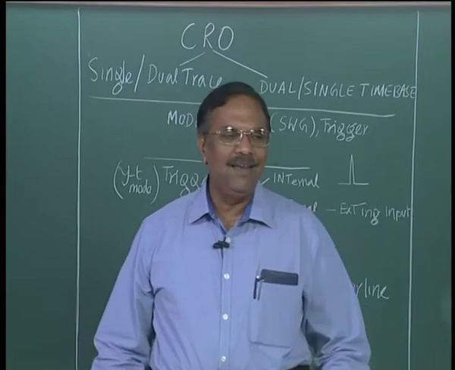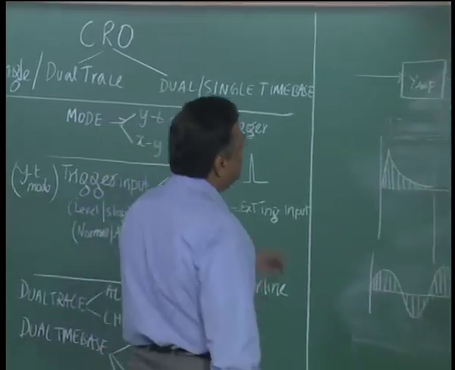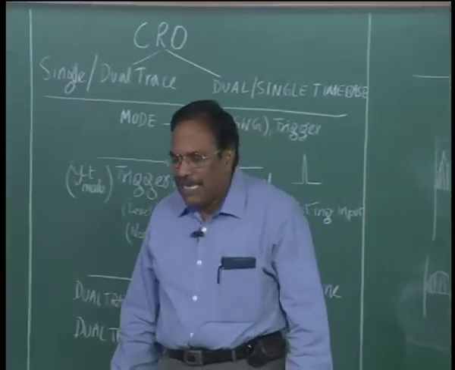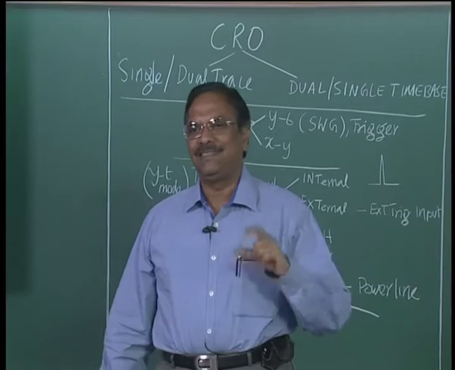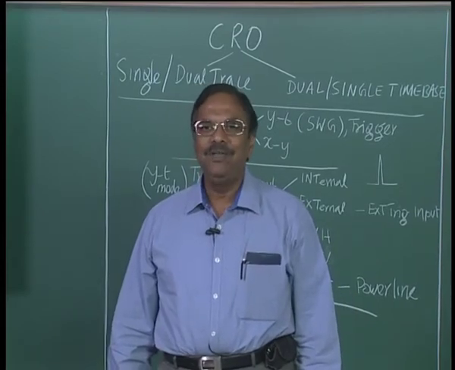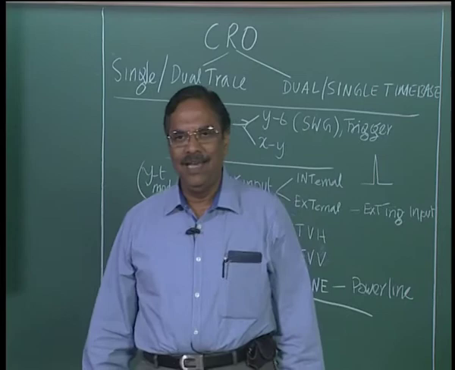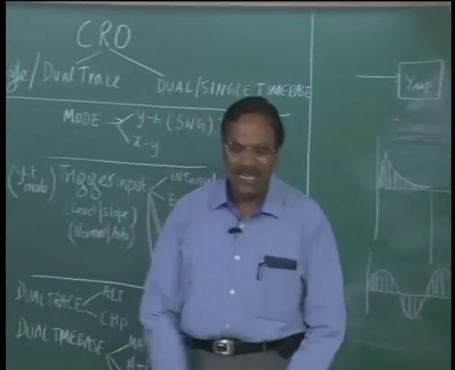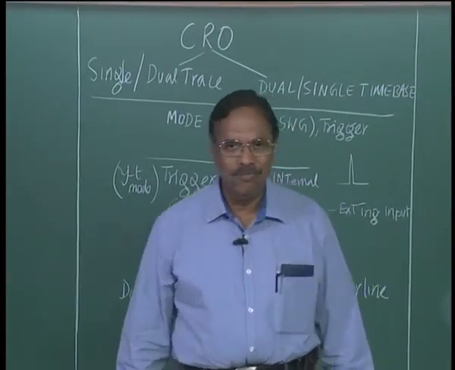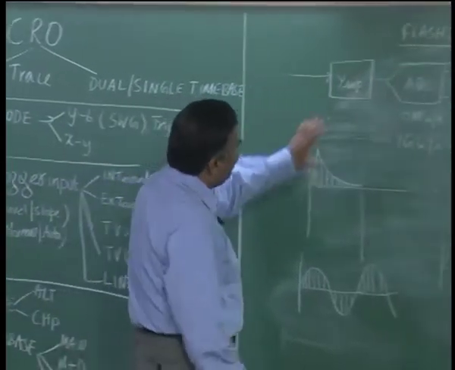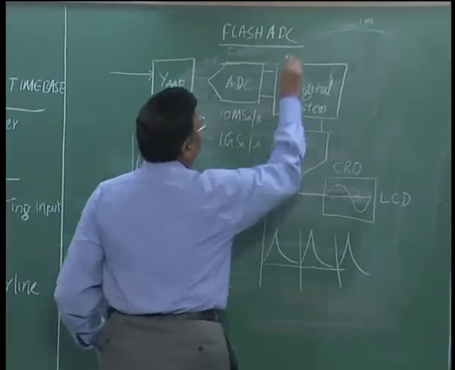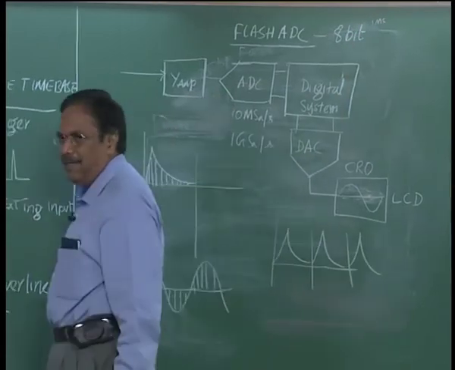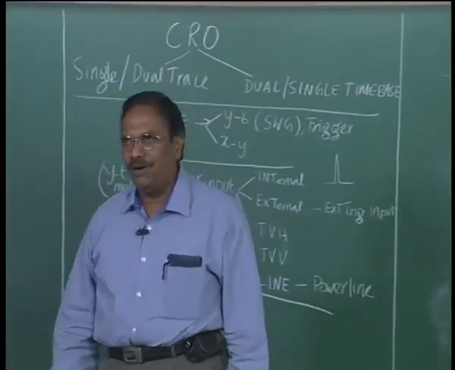We will learn a little later that the moment I go to this type of analog to digital conversion, the number of bits that I have on the digital side will have to be small. I cannot have a 1 giga samples per second 16 bit ADC, very difficult. So most of the time the ADCs used in a digital storage oscilloscope will be 8 bit resolution. 8 binary bits would be the output of the ADC,